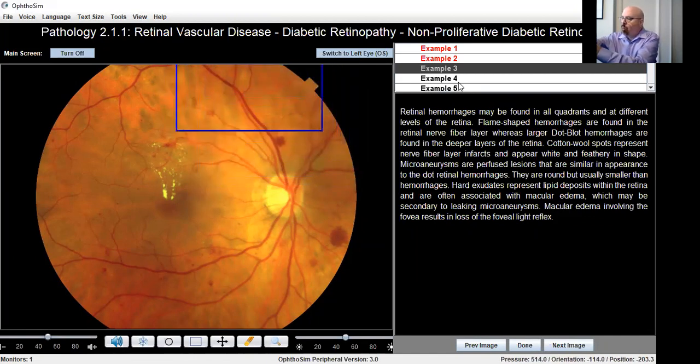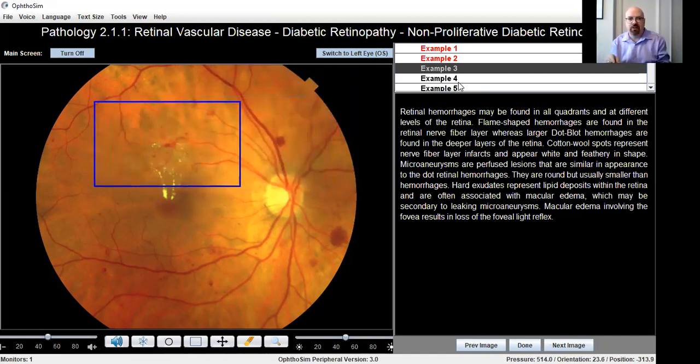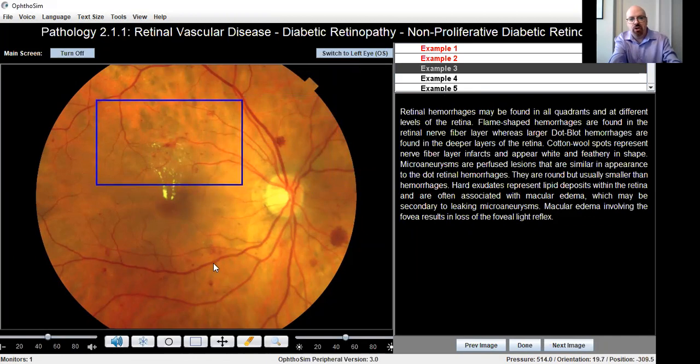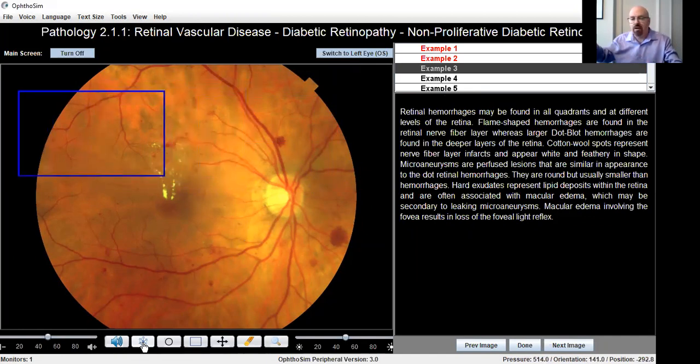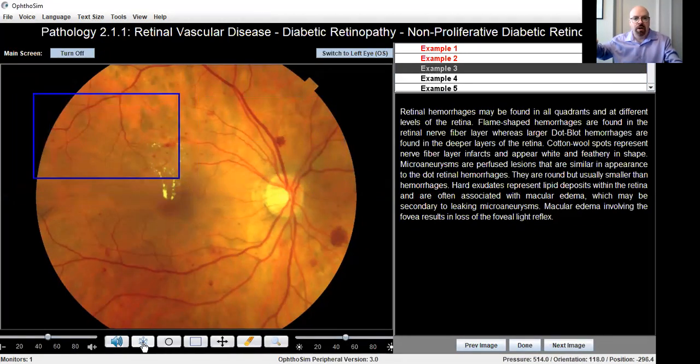If we didn't want the focus to necessarily be on the blue box, but on, say, the fundus as a whole, what I would suggest is you could go to the bottom of the menu and click the snowflake. You notice now the scope itself can move. But if we click the snowflake, it stops moving. So we have the ability now to